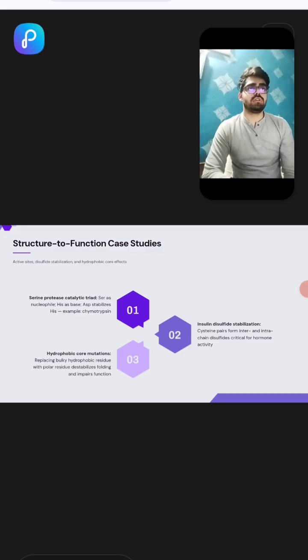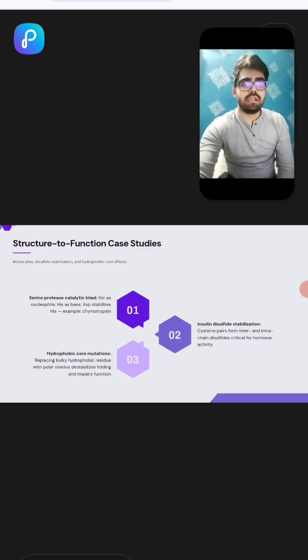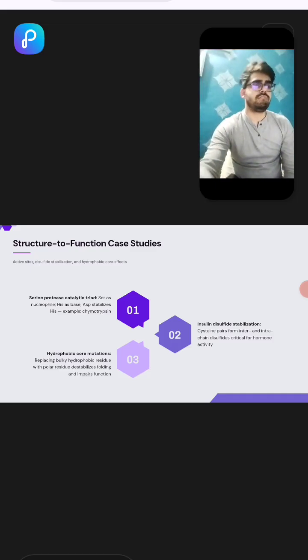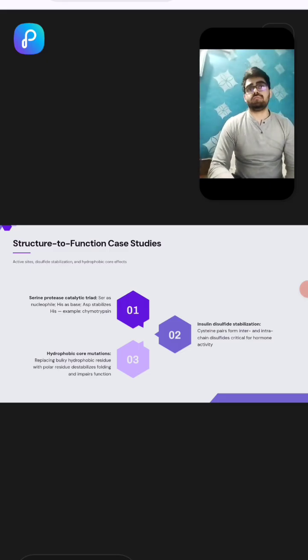The second case study is insulin disulfide stabilization. Its cysteine pairs form inter- and intra-chain disulfides. If we talk about a single helix or double helix, inter- and intra-chain disulfide bonds can be formed for crucial hormone activity. And when we go to the third case study, hydrophobic core mutations,